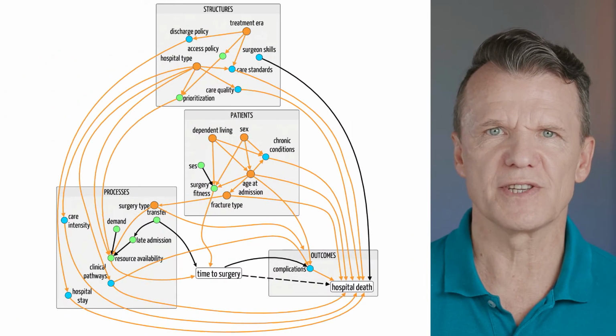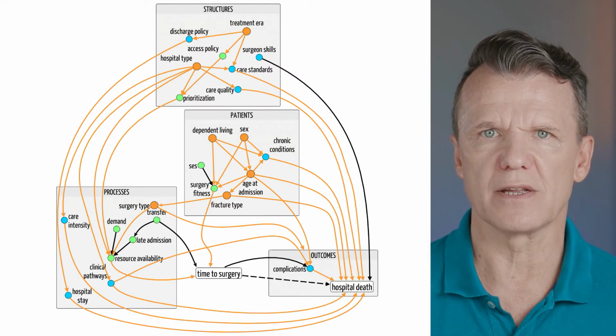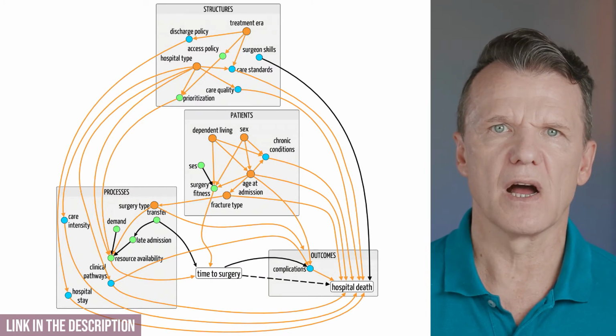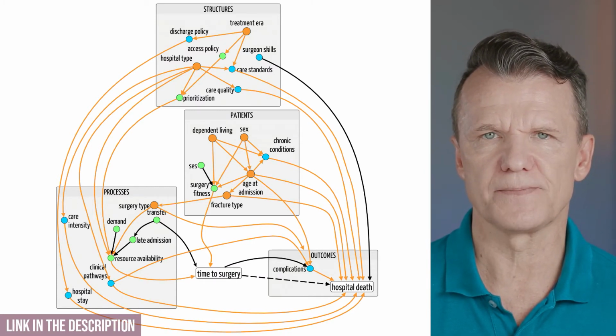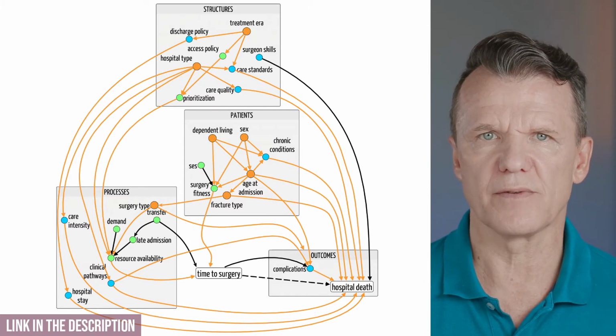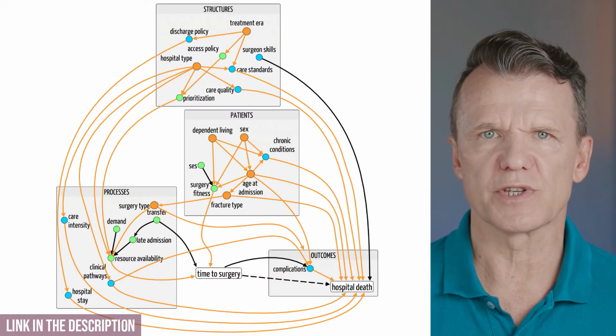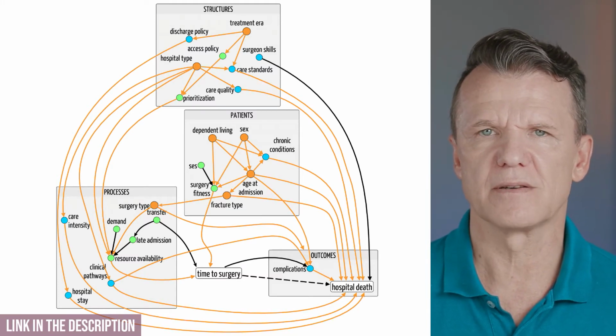Not until 2017, when Dr. Katie Sheehan, my postdoc at that time, reads everything about worsening mortality after delayed hip fracture surgery and assembles a dependency graph with all factors involved. Impressive, right? Structure and processes of care and patient case mix, all here. This is the true power of the dependency graph. It integrates knowledge about how the world works, but it also gives us a meaningful basis for discussing knowledge gaps. A single graph can be used to frame an entire study field.